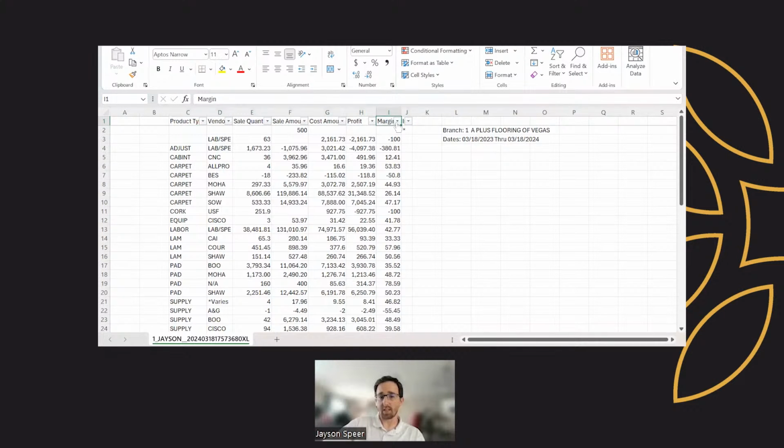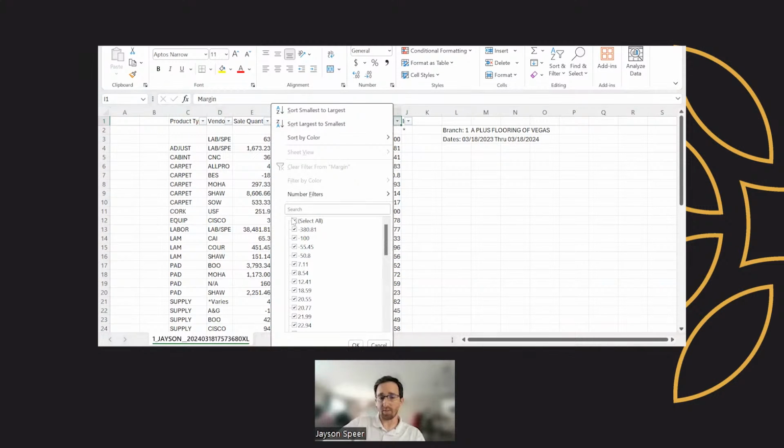Now what that does is that allows you to then filter this by whatever numbers you want. So say I specifically want to see that 380, well, type in 380 and it will narrow down the search so you can specifically target that 380. I'll hit select all because I only want to see that 380, and then I'll check that 380 and hit